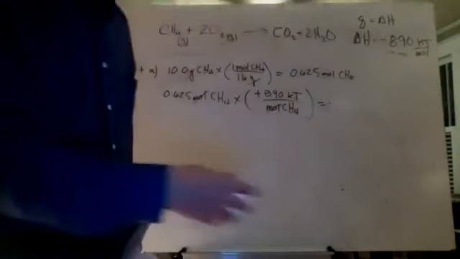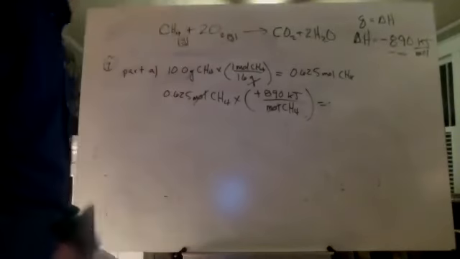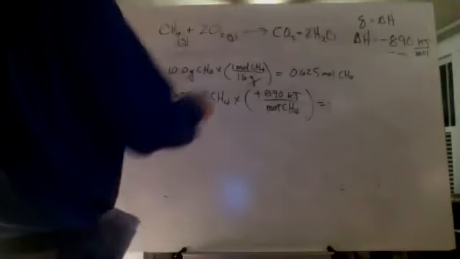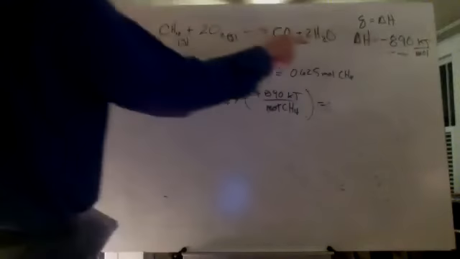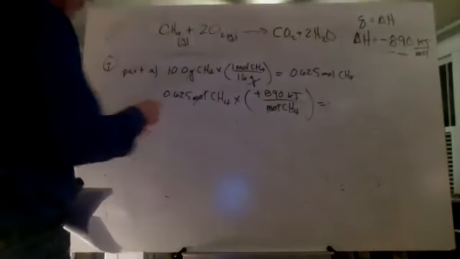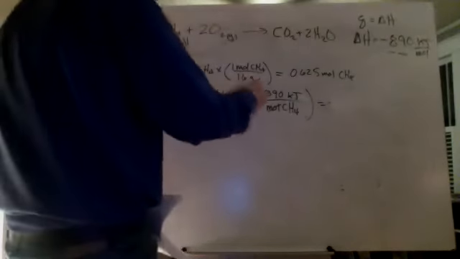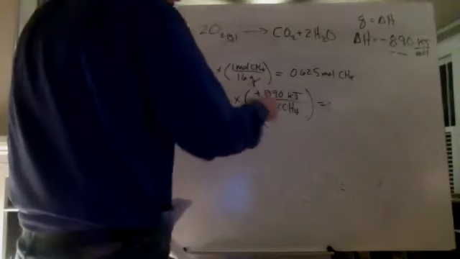Granted, the heat is negative. The negative is telling us that that's a quantity of heat that's given up. We're going to use the absolute value of that. There's 890 kilojoules of heat energy that are given out when 1 mole of methane reacts. So we take our 0.625 moles of methane, multiply it times 890 kilojoules per mole of methane, and we get